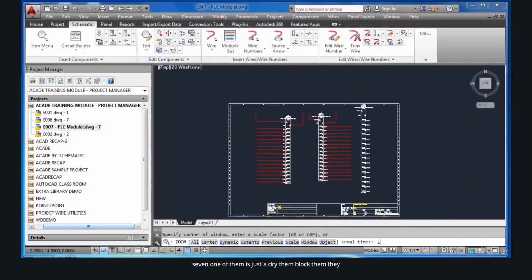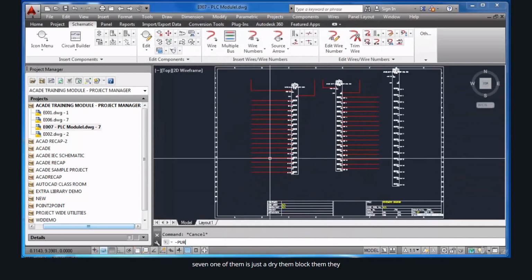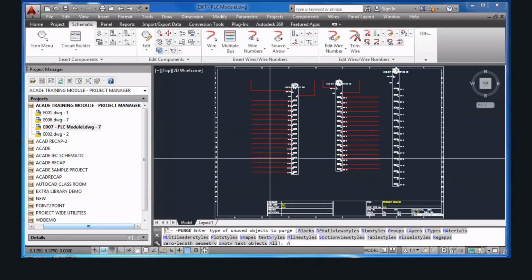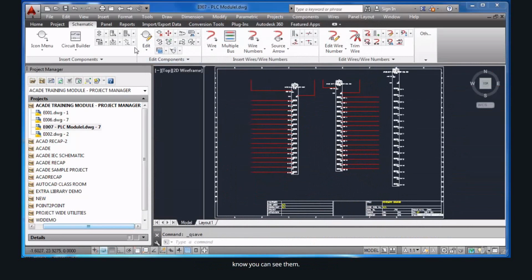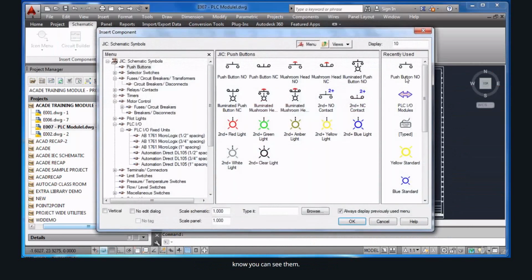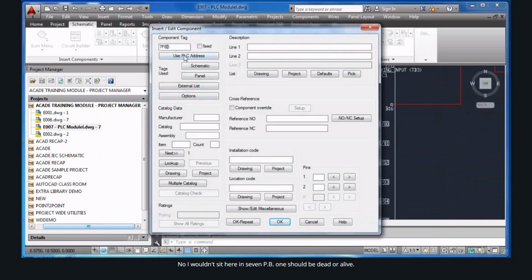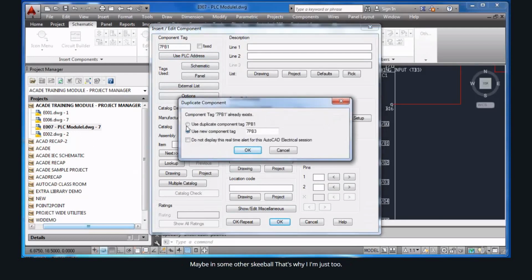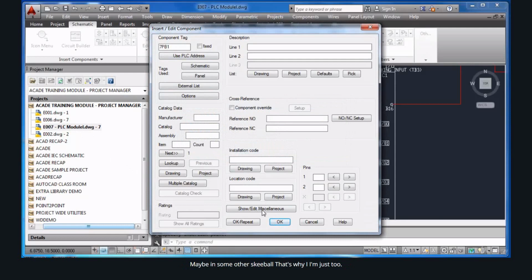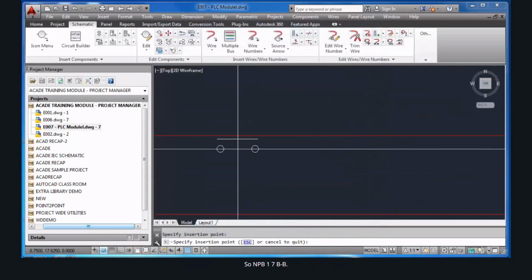Just a minute, I will just purge this drawing. Some blocks are lying. Now you can see push button. Here now I'm going to insert. Again 7PB1 should be there. I don't know why it is coming. Okay, maybe in some other sheets it is given. That's why. Anyway, I'm just going to override 7PB1,